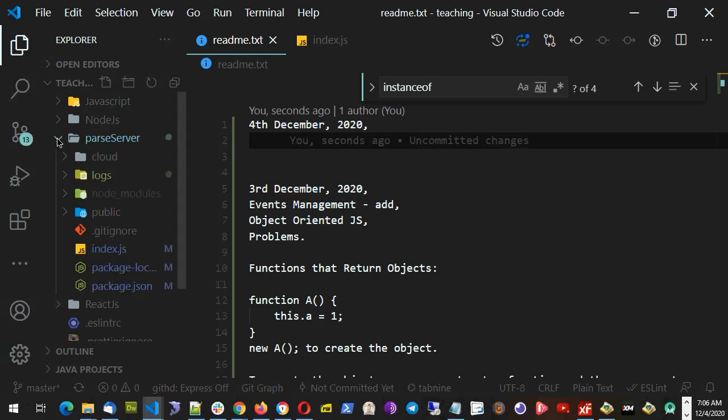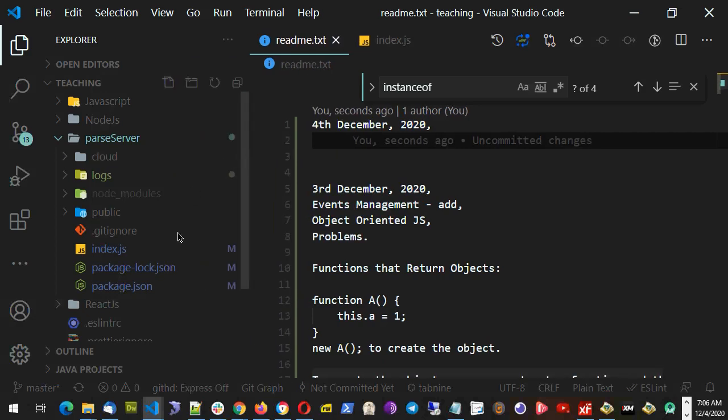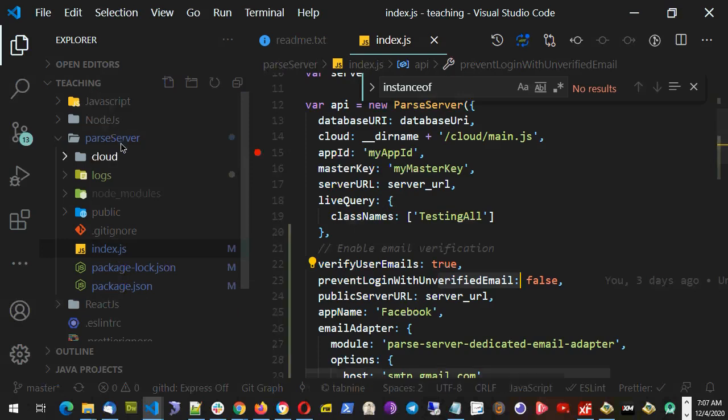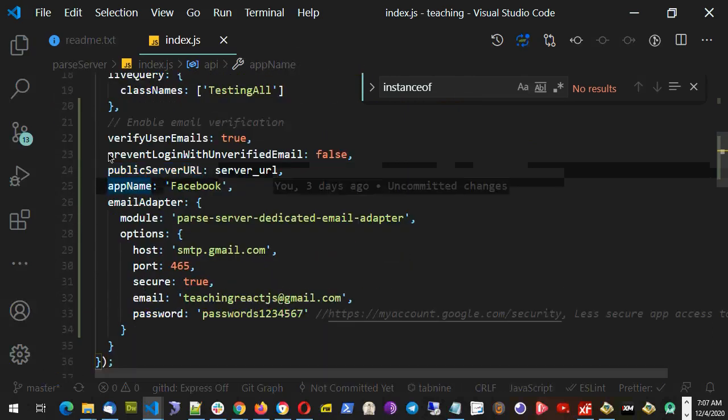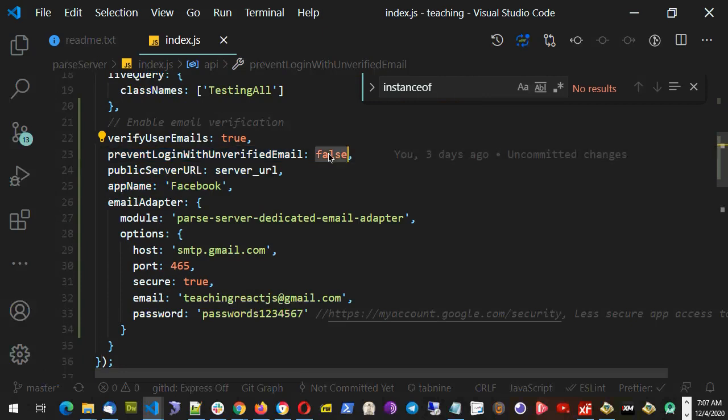one request came from one user that he wants to make sure that those who are the logged in user, they should only be able to access our website. And for that, we have to do the following changes. First, I will go into my path server, and inside the index.js, here you will see I put one configuration: prevent login with unverified email. So it's currently false, and if I make it true,